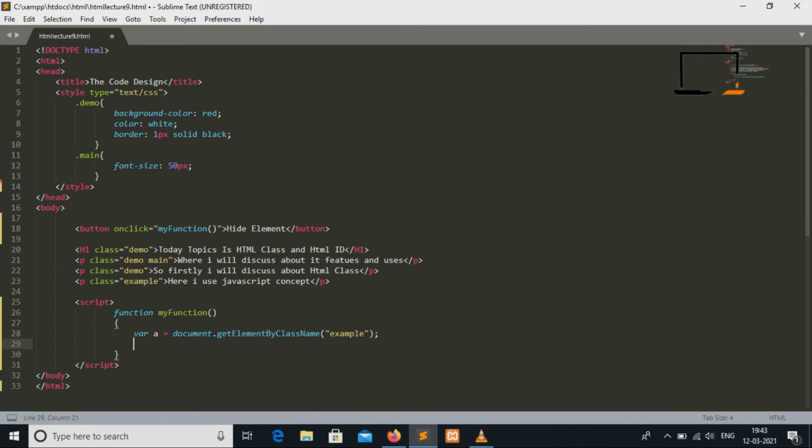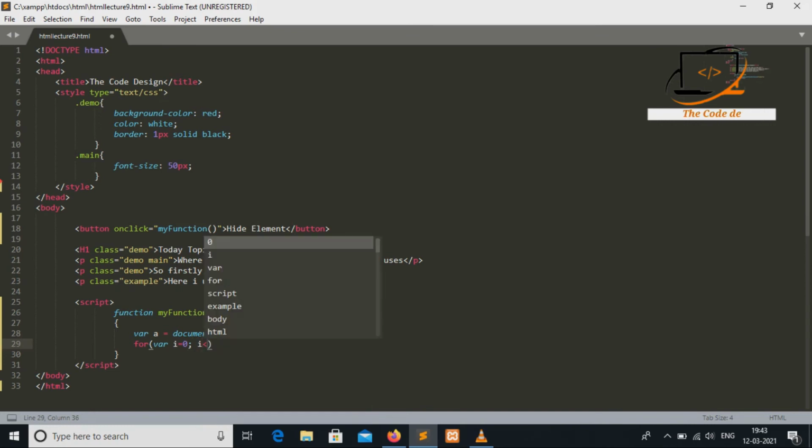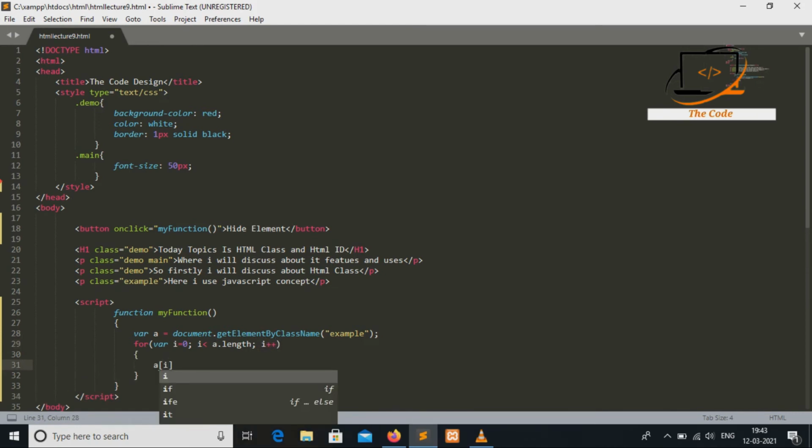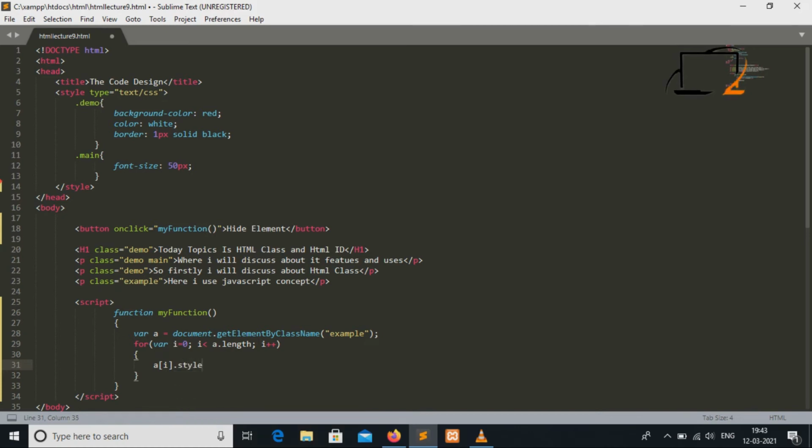Now I am taking a for loop where i equals 0, then i less than x dot length, and then i should be incremented. For x[i] I am giving a style sheet, then display should be none.